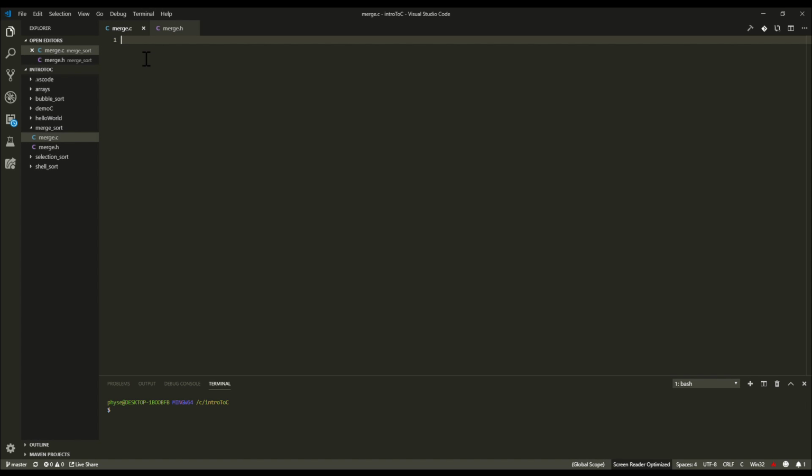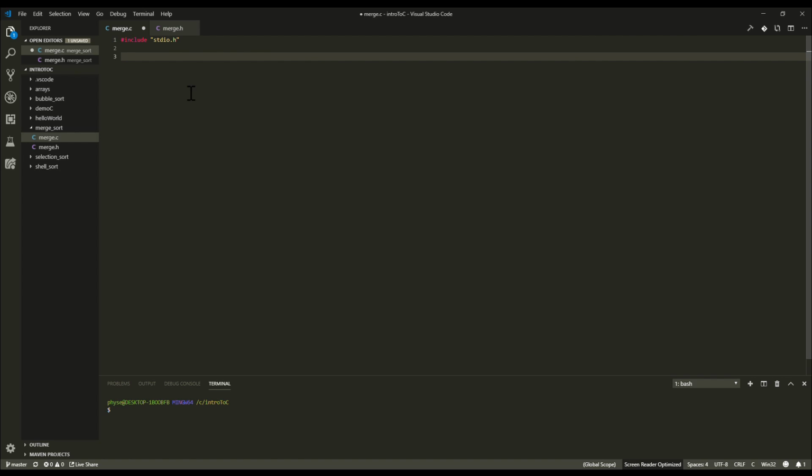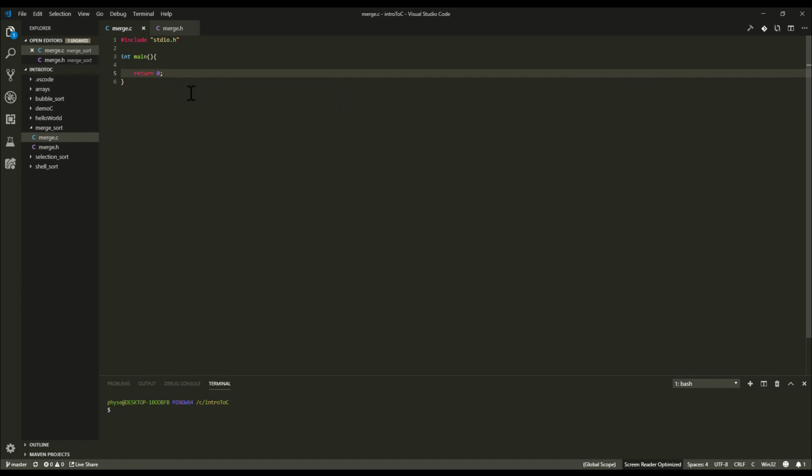So in merge.c, let's just make sure everything's working. So #include <stdio.h>. We just need the input and output library, and we're going to just test to make sure that everything works. int main, return 0. Save it. Let's make sure that we're in the right directory, so I'm down here in the terminal. So I'm going to cd into merge sort and g++